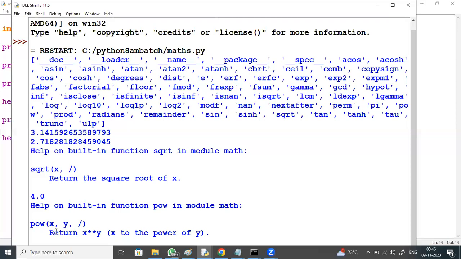It takes x comma y and returns x to the power of y.